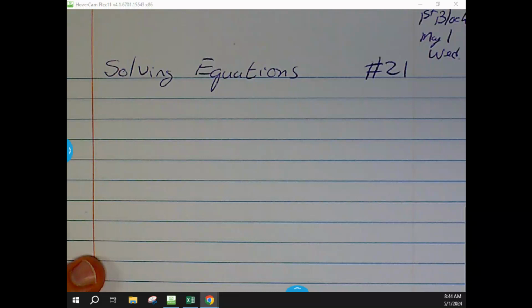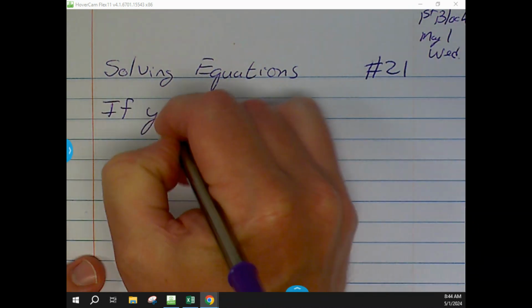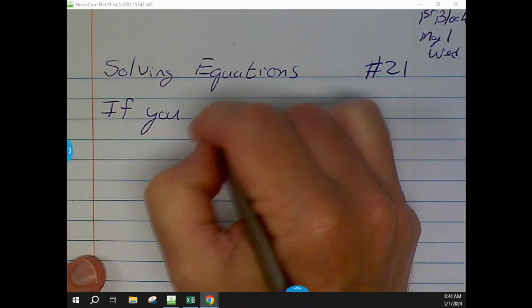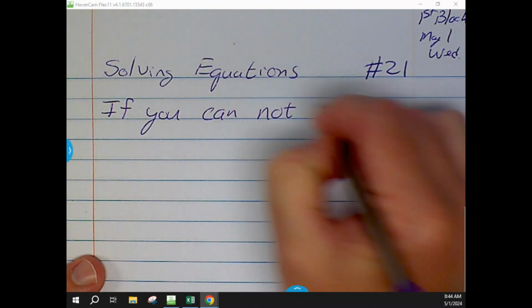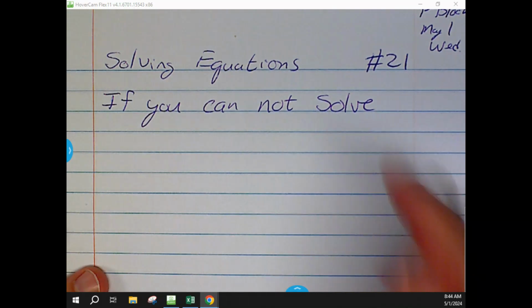All right, so with solving equations, basically here's the way it's going to work. You're going to look at whatever equation you have. And if you cannot solve it, because some of the questions you'll be able to solve just like it's written, you're going to look at it and go, oh, I've got my answer. But if you cannot solve it the way it's written,